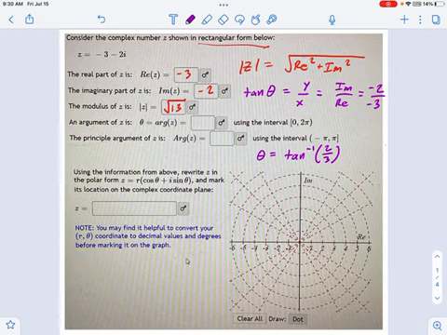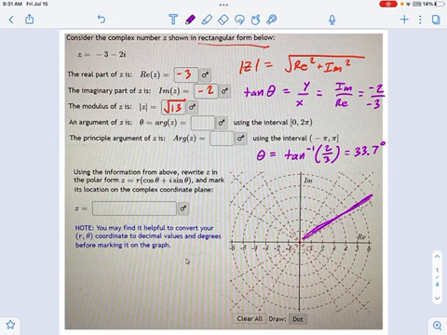Now, before we enter that in right here for our arguments, watch out for one more thing. I want you to pull out your calculator, see what it gives you for inverse tangent of 2/3. Okay, I'm going to type that into my calculator right here, see what we get. Okay, great. So what I got, and I'm going to use degrees because it's a little more obvious to everyone where it'll be, I got 33.7 degrees. Well, where is that? If this is 30 degrees right here, I'm going to be just a little more than that. So I'm looking at somewhere like this, somewhere in between these special angles.